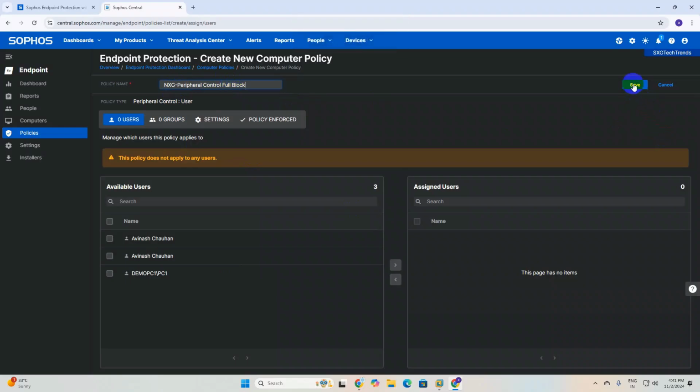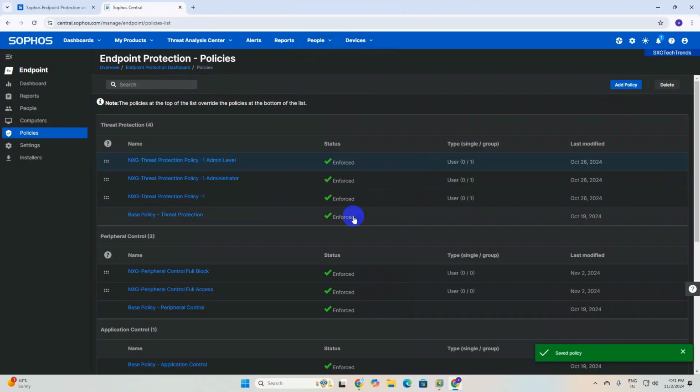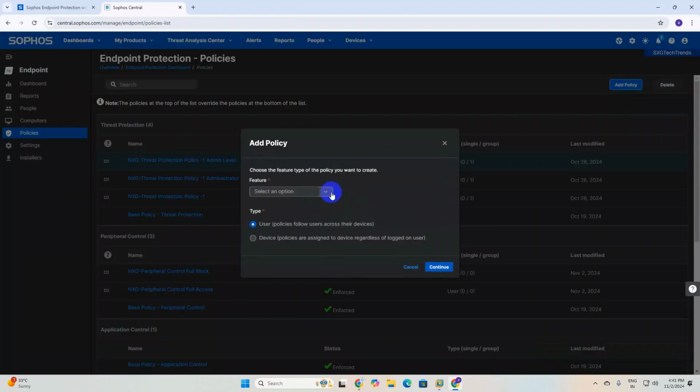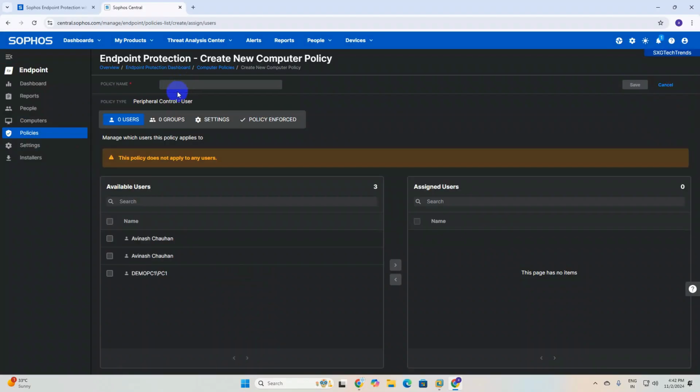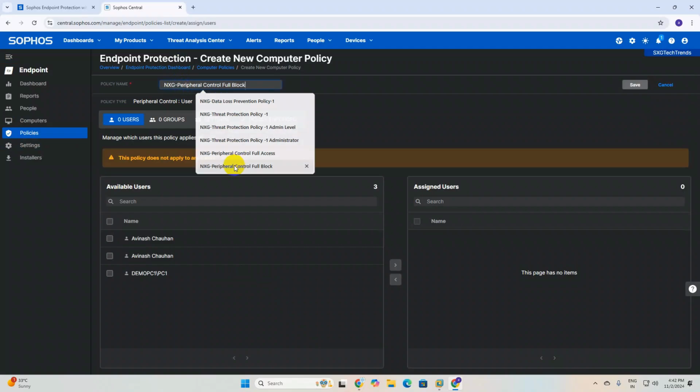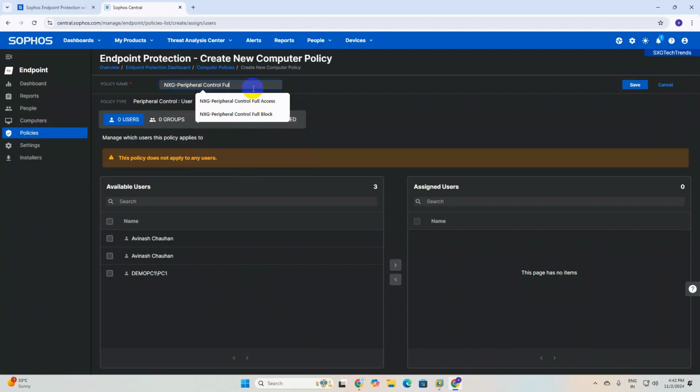Now again we need to create another policy in the same group. Click on add, click on create peripheral control, click on next, and here we will create read only. So I have created three policies.